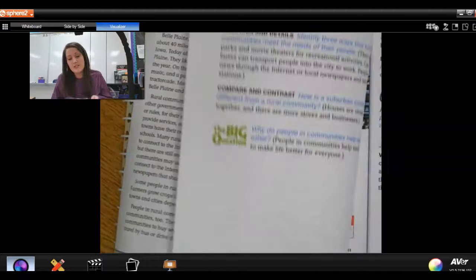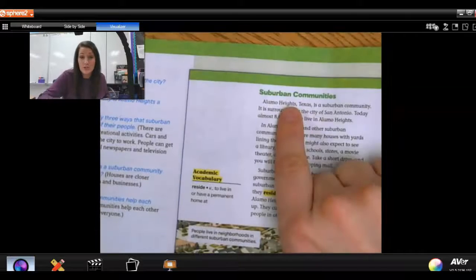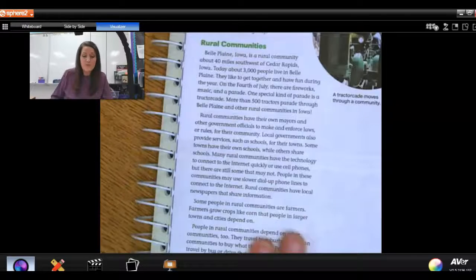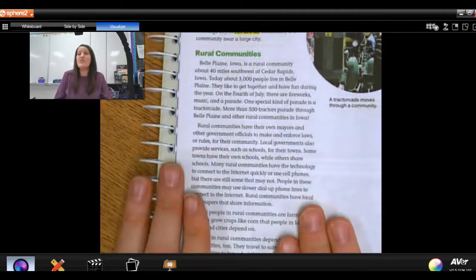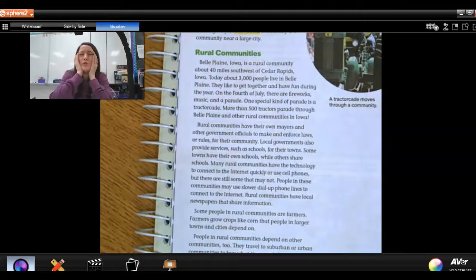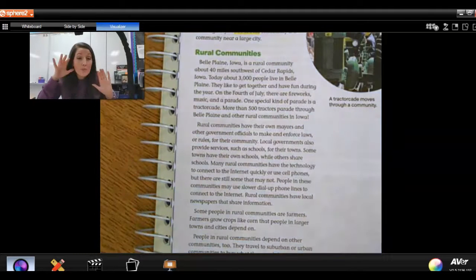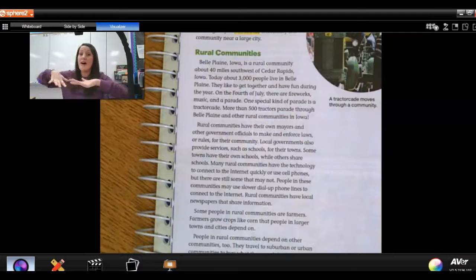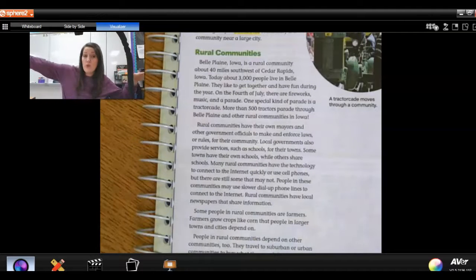So let's look at that just real quick. I'm going to turn to the next one so that you can see that the next one changes to suburban. So we're not going to talk about rural anymore. So really, when I think of rural, I'm picturing someone who lives out on a farm type area. It doesn't have to be a farm though. I'm just thinking of somewhere where there's a lot of space. The houses might not be super close together. There might be a house and then a bunch of land and grass around it, and then other houses farther away. So you might not have direct neighbors.